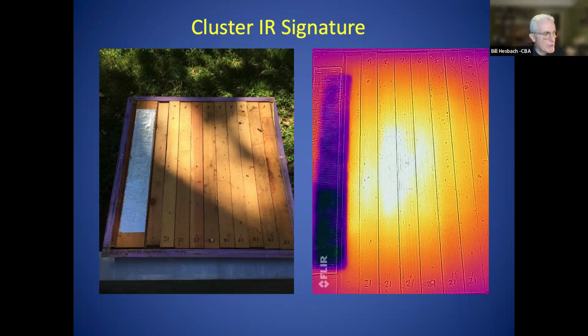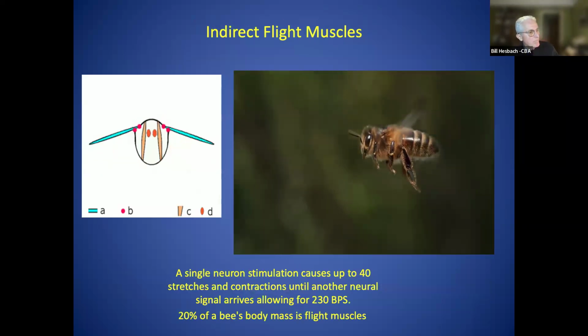So this is just to illustrate how valuable infrared radiation is in the study of thermoregulation for bees. And I'm going to show you some more. I'll be using IR photographs for the next couple of slides. So that's why I'm showing it to you now, so you get the idea. All right, so